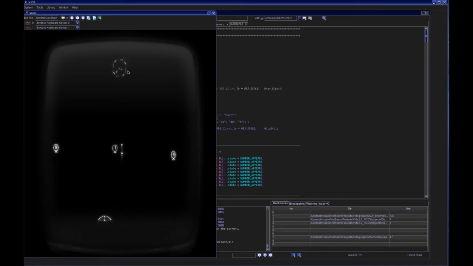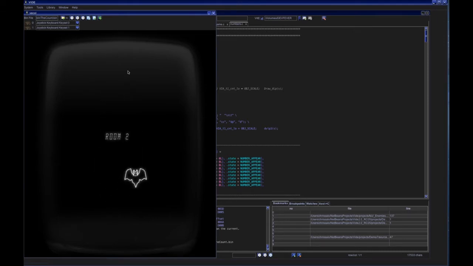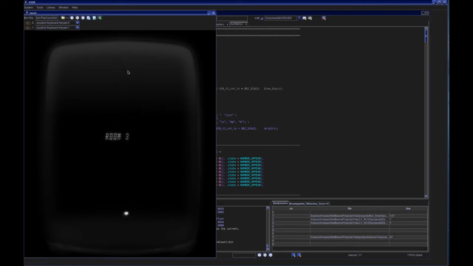I'm playing Count. While it's the wrong color, it reflects errors, and if the reflected error hits you, you get hit and you die. You have only a certain number of lives, and after that, it's game over. I'll advance another level so you can see the different animations Per did. Actually, very cute animations he did, I think, and